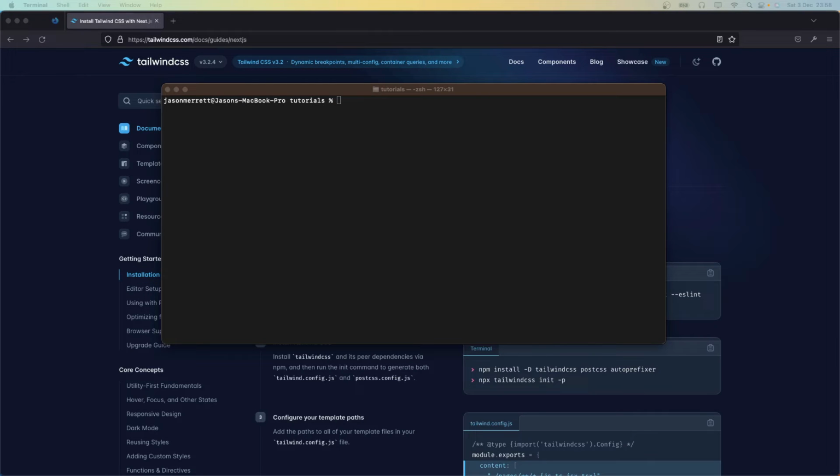So the first thing we need to do is set up our Next.js project. So fairly easy, it's just a single command. So we do npx create-next-app, and you can call it whatever you want. I'm going to call it admin dashboard. I think that I spelled that wrong. And we do